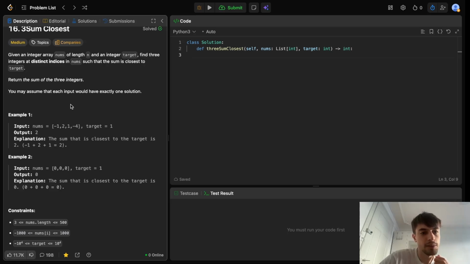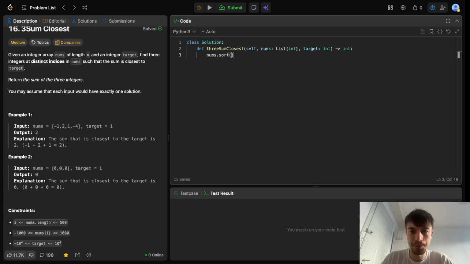Then, of course, last time, if I remember correctly, we simply fixed one number, and then we did an iteration, 2 iterations, like for i, we took all the couples, basically, and we tried to see if they summed. Okay, no, actually, we could sort nums. This is what I remember from last time we approached this problem. So we can sort nums. So I can do something like nums equal to sorted. Okay, and now that I have my numbers sorted,